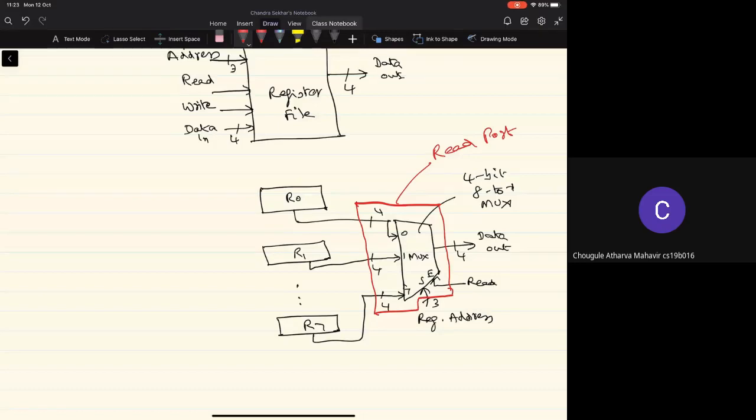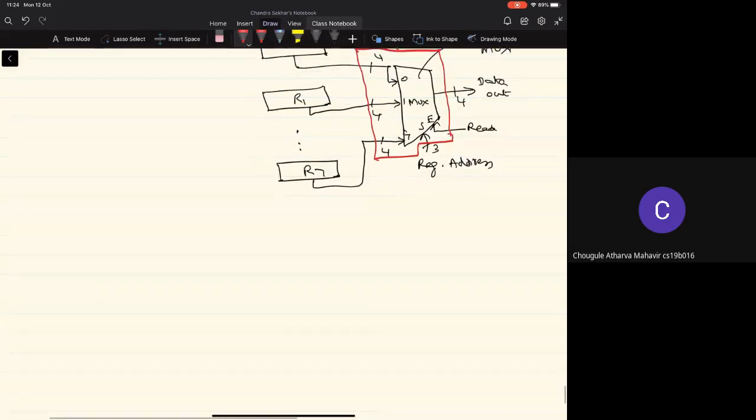Basically, we're asking whether we can have a register file with 2 read ports. What will the block diagram of that look like?